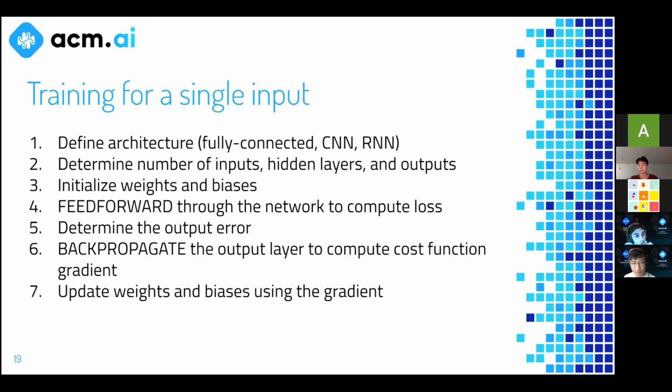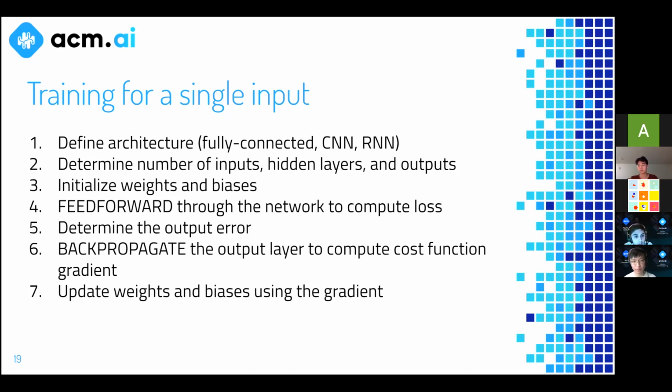So that image could be an image representing a hand-drawn number 8, for example. And then the network's job would be to classify that as the actual digit 8 in the computer, right? So the first step we need to do in general is we need to define the architecture that we want to be using for a task.